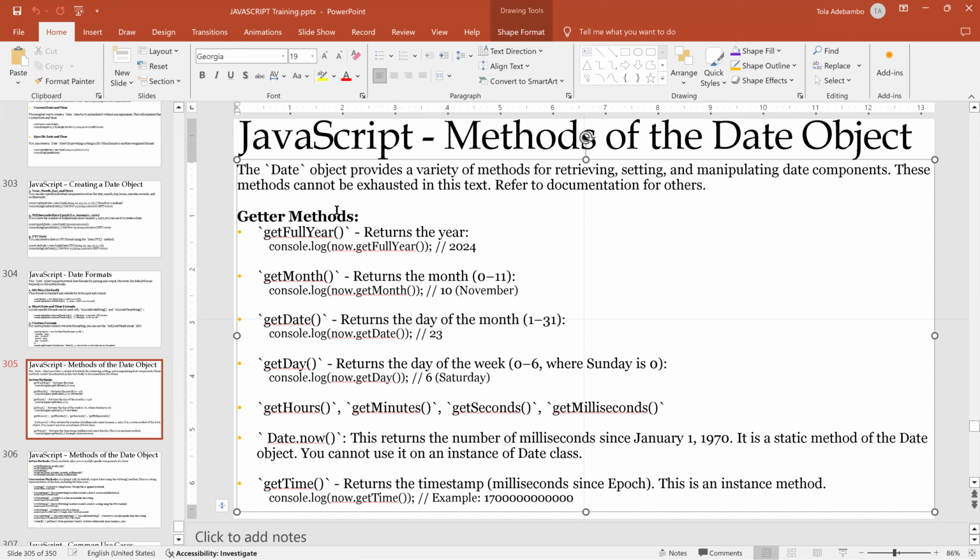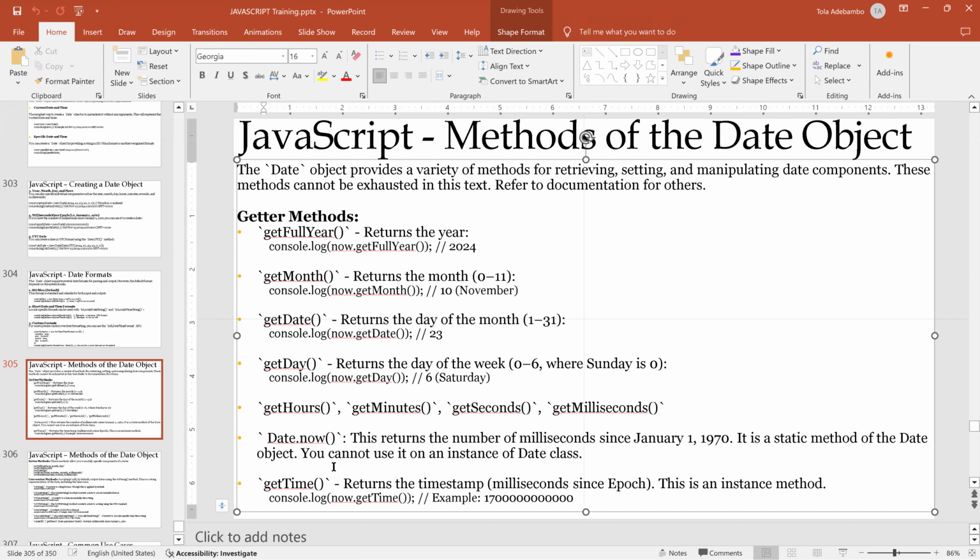These methods cannot be exhausted in this test. So you need to still refer to the online documentation for all this. But we have here the most common methods that you will find useful in your day-to-day